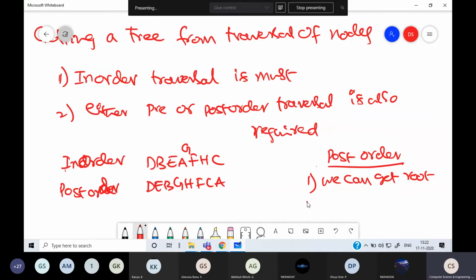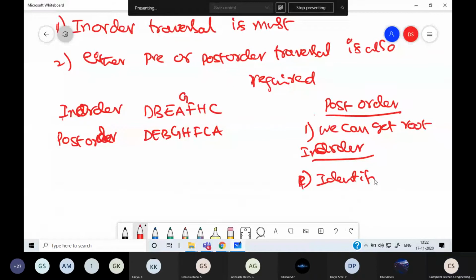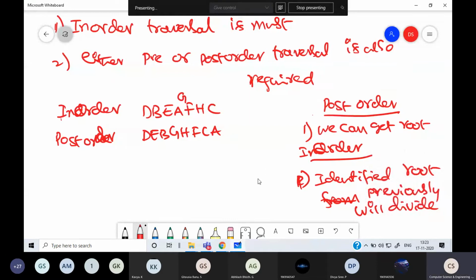Okay. Then when I take in-order, because we have already identified the root from the previous step, the root will divide the list into two.